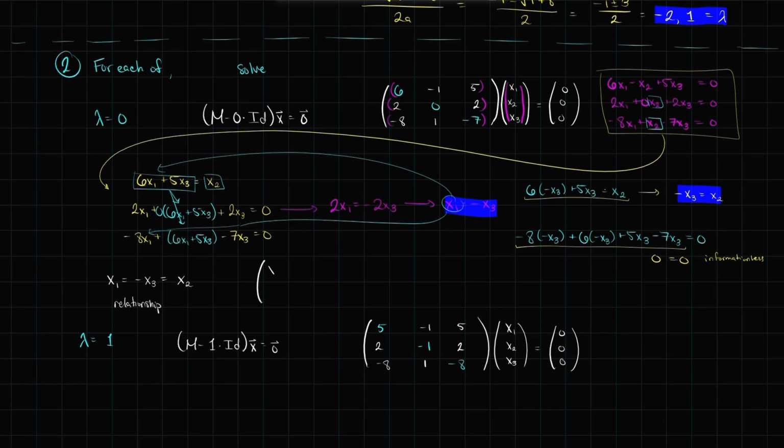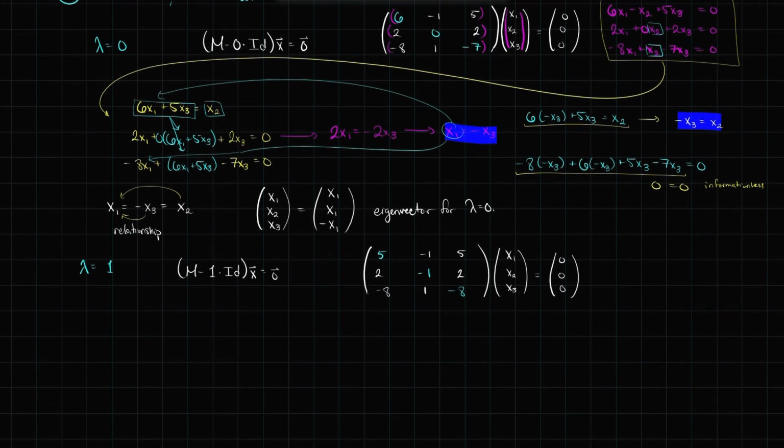which means the vector x1, x2, x3, underneath the relationship, I can replace x3 with negative x1 if I want to. And I can replace x2 with x1, just because x3 is negative x1 and x2 is x1. So then this x1, x1, negative x1 is my eigenvector for lambda equals 0. I can then repeat for the lambda equals 1 case with my new matrix, where I'm